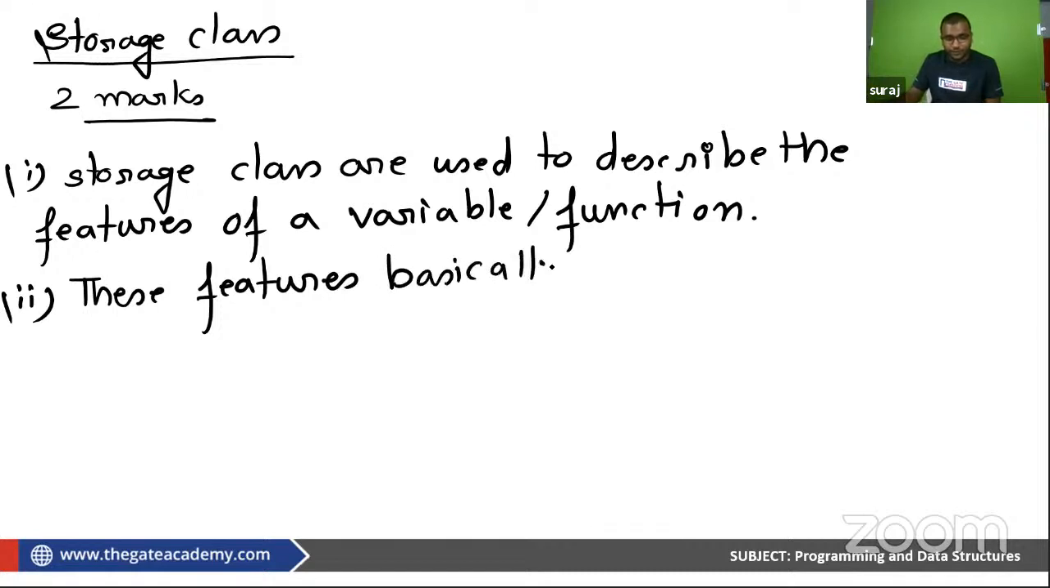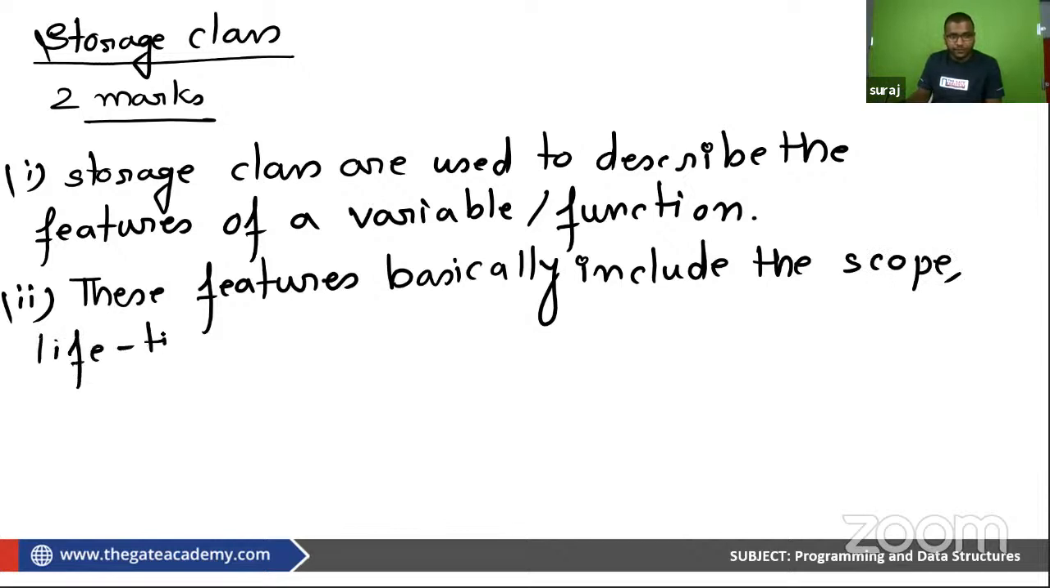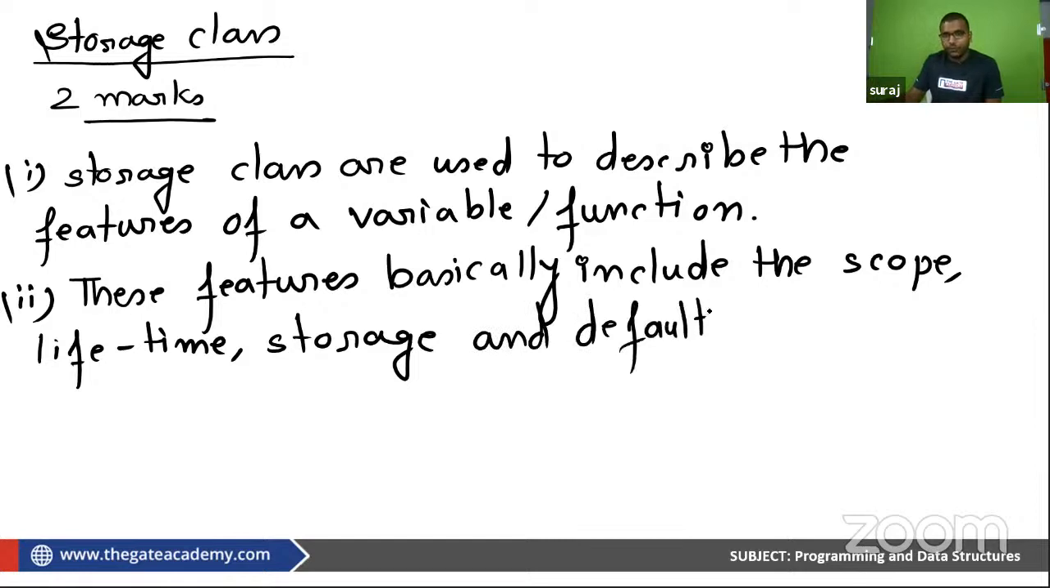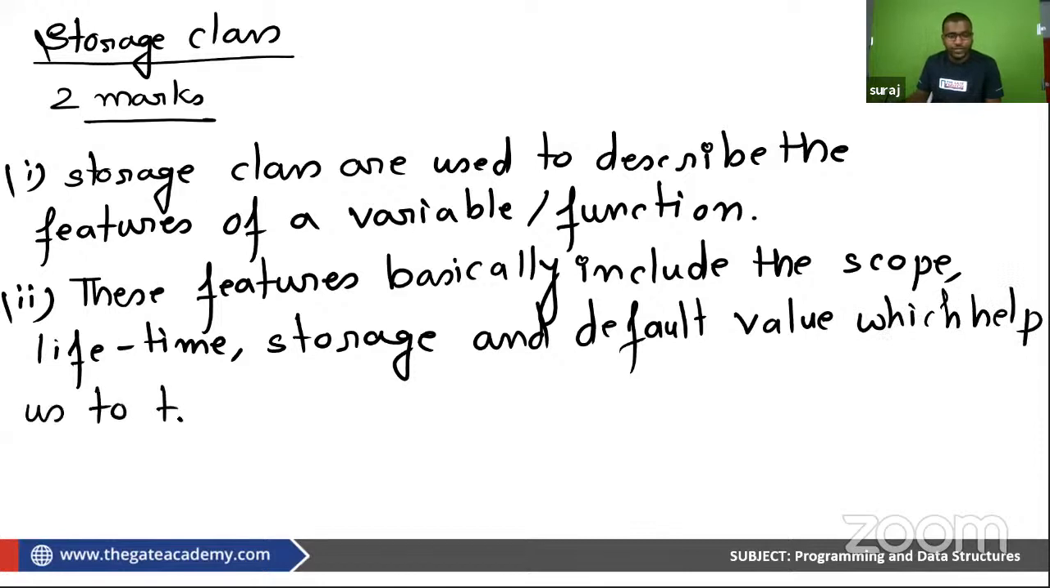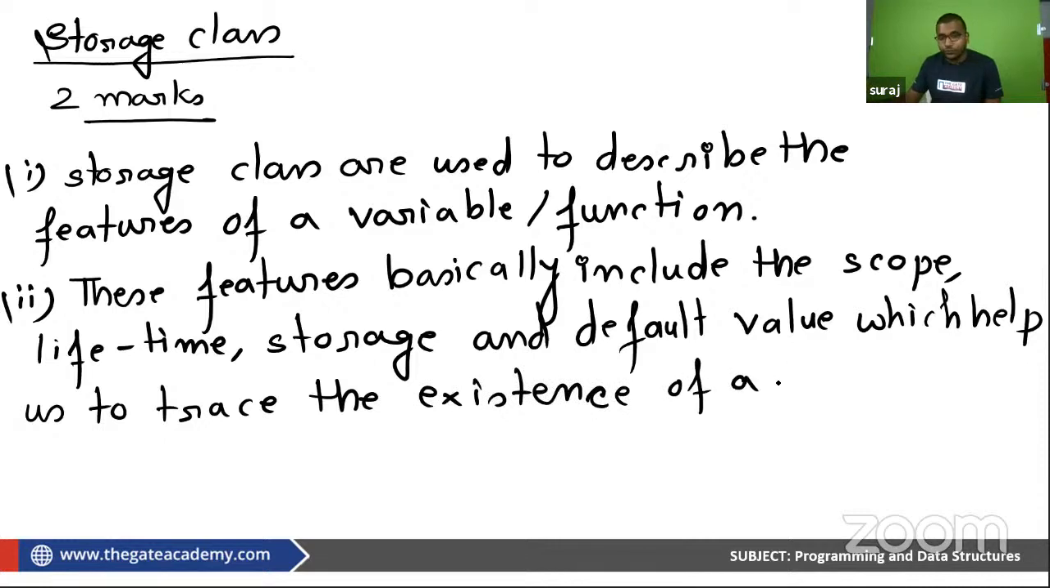These features basically include the scope, lifetime, storage, and default value, which help us to trace the existence of a particular variable during the